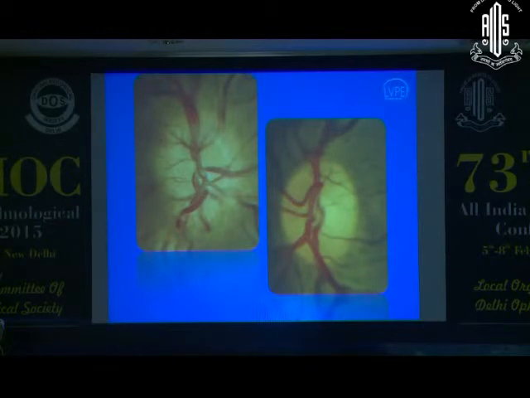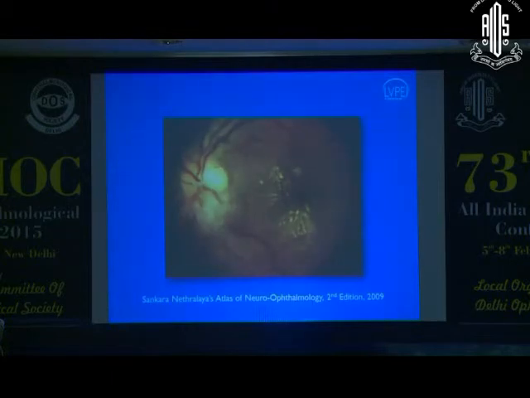This patient, in the right eye, there is very subtle edema of the nerve fiber layer. If you compare the margin of this disc, especially the nerve fiber layer here, versus the other normal eye, we see that there is slight opacity of nerve fiber layer here, and that's the earliest sign of true optic disc edema. This is another example where in addition to the edema of the nerve fiber layer, you have hard exudates, which are basically because of the leakage from the disc, and it's a typical case of neuroretinitis.